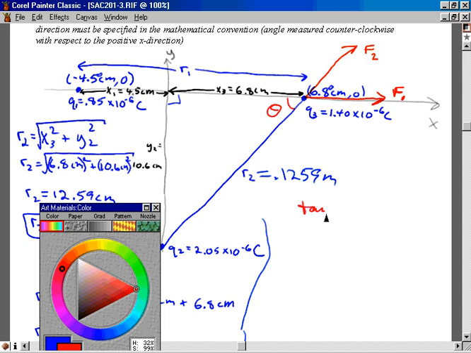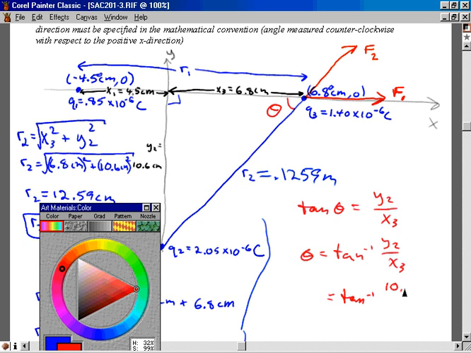So tan theta is equal to y2 over x3, or the arctangent, or I should say the angle itself is the arctangent of y2 over x3, which is the arctangent